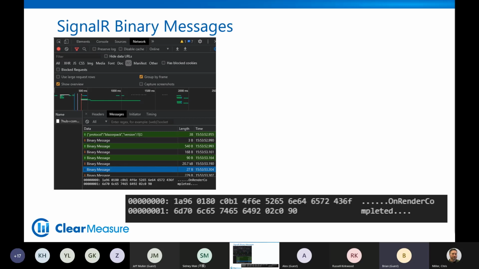And if you hit F12 in your browser and go to the WebSocket messages view, you can see all the different binary messages that are just flying back and forth. They're really small, they're binary, they're not human readable, but they're going. And so when it comes to Blazor WebAssembly, you're in control of when and if you call back to the server and hop over the network. On Blazor server side, you're not in control of that because absolutely everything causes a round trip to the server.